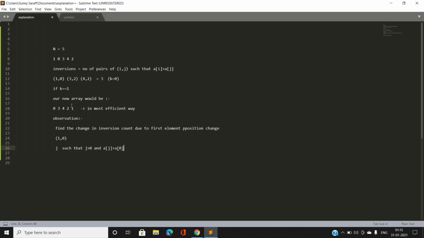This is for the old position of array of 0. That is, if 1 is here, the number of j such that j is positive and array of j is greater than a0, for the old position of a0, that is for 1, it would be 3 and 4 and 2. And you notice that these are not contributing in